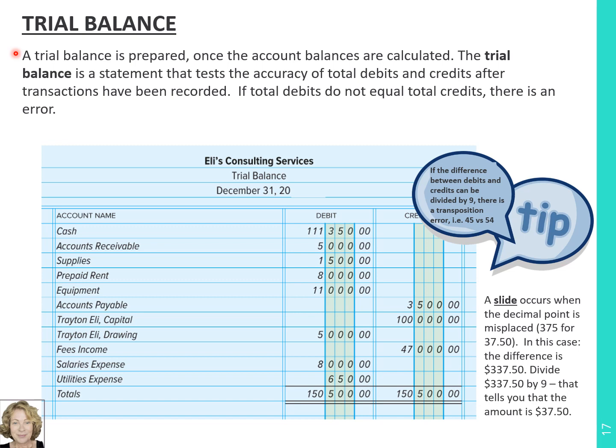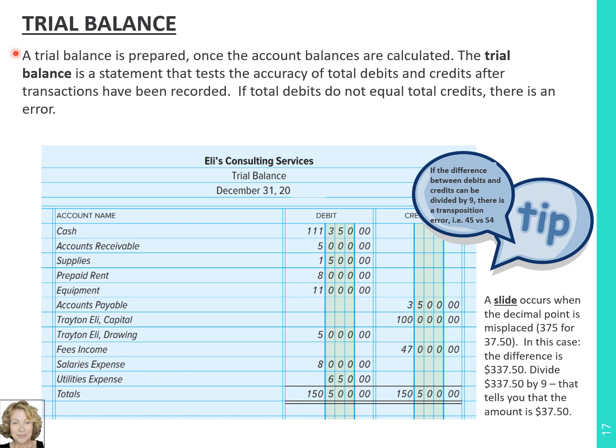And if the total debits do not equal total credits, which happens frequently in manual accounting, which is what we're doing here, we need to go back and fix our entries. In an accounting system, the total debits always equal the total credits in the trial balance because that is checked automatically. You wouldn't actually be able to record a transaction that doesn't balance. But as we're practicing accounting, it will happen to you quite frequently because you'll forget to record one side of the entry or transpose a number.